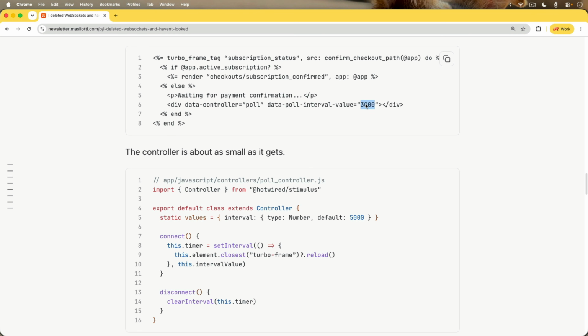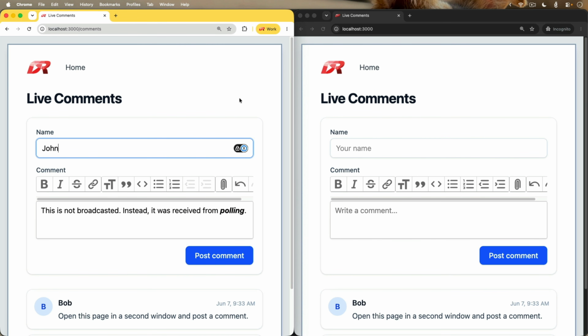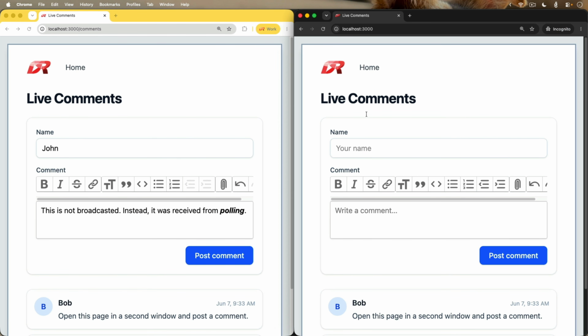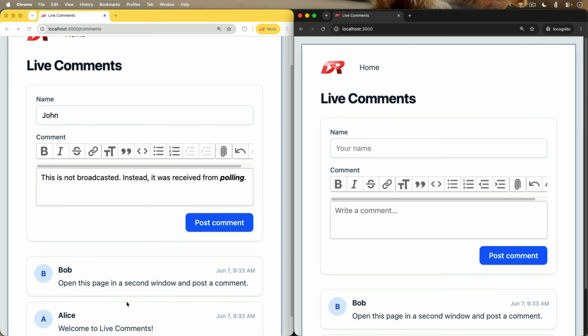This is a great approach if you have a dashboard or something else, but it can get a little bit complicated if you have something like a comment section, because if you have many comments, then you don't want this to be reloaded every 3 seconds. That could add additional load on the server that's not required. So if you are implementing polling in your application, you may need a few different Stimulus controllers for the different